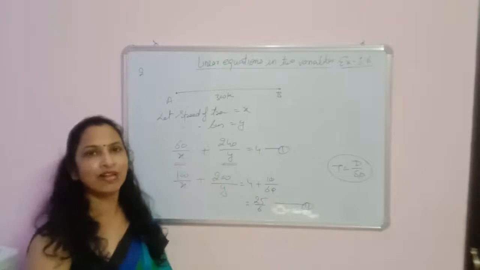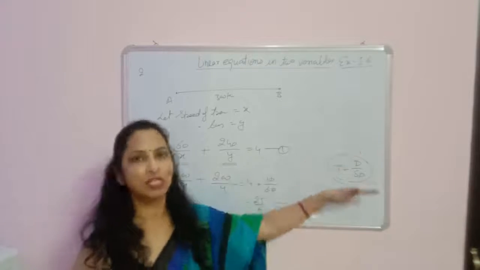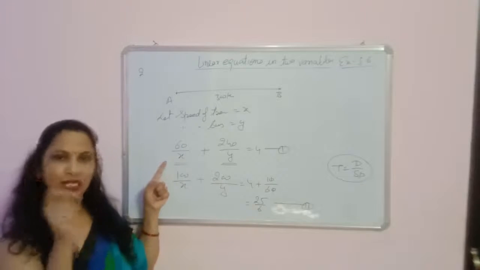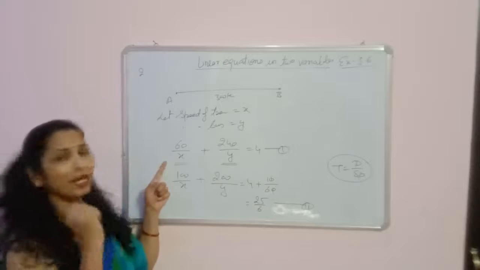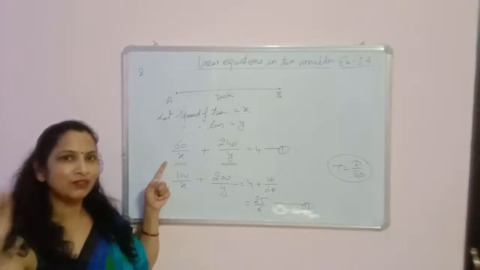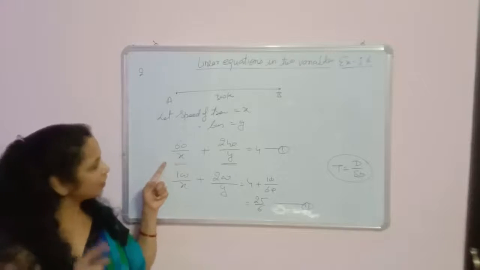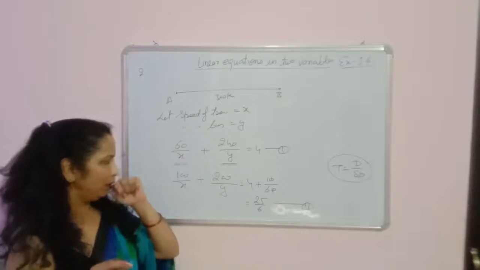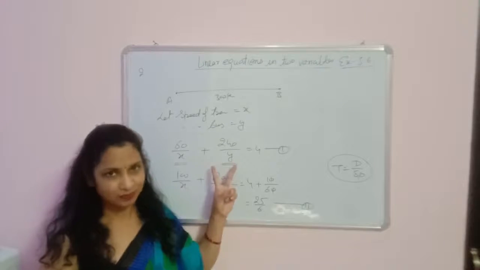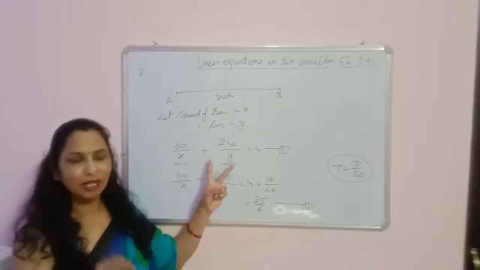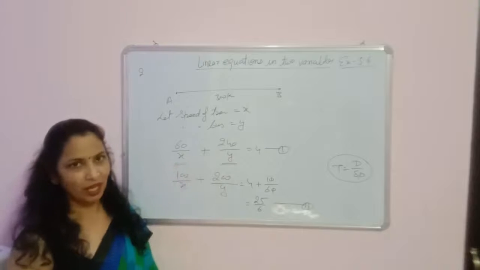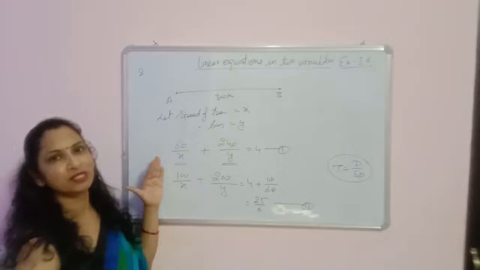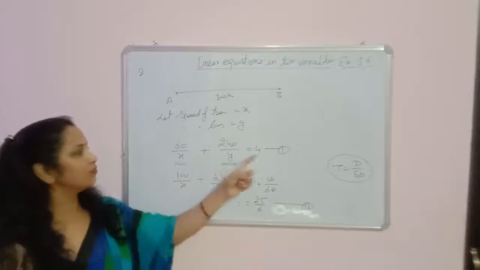In this type of question, we actually find the time. Time is equal to distance upon speed. So for train, we know that distance is equal to 60 km and the speed of the train is equal to x. So the time taken by the train is equal to 60 upon x and the time taken by the bus, since the distance covered by the bus is 240 and it has the speed of y, is 240 upon y, and total time taken by Ruhi to cover the distance of 300 kilometer is 4 hours.